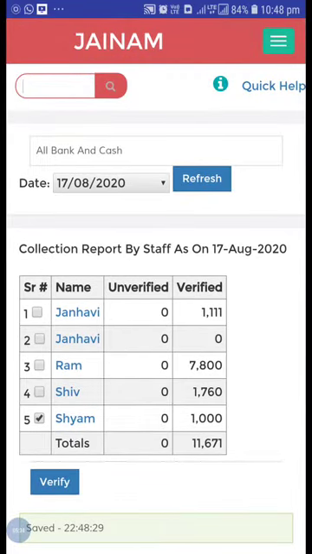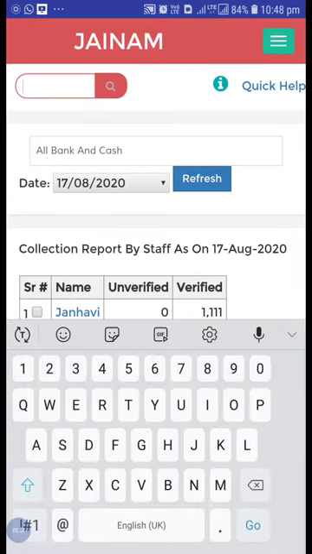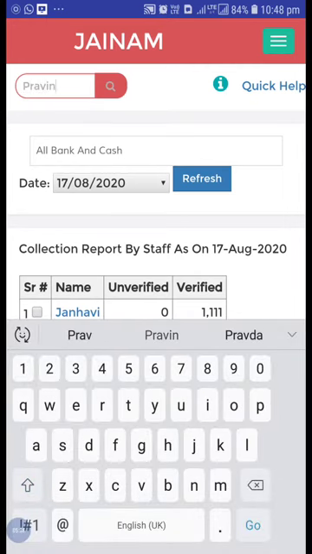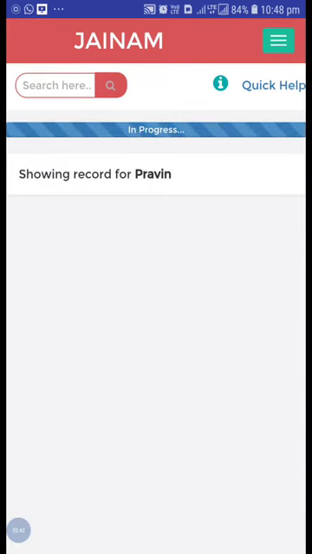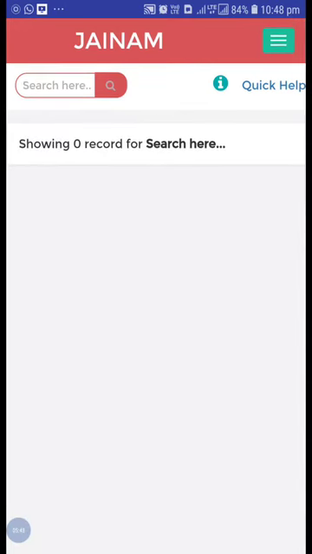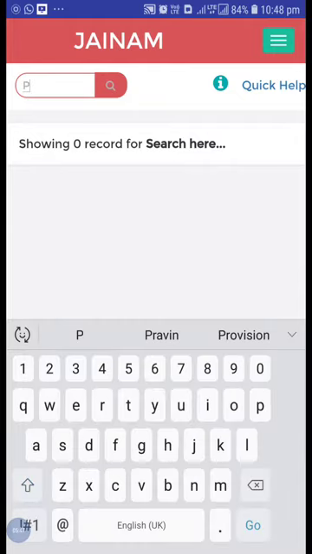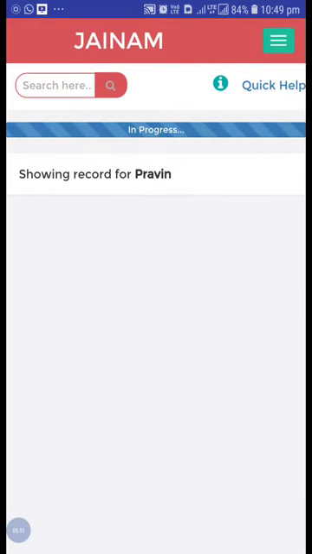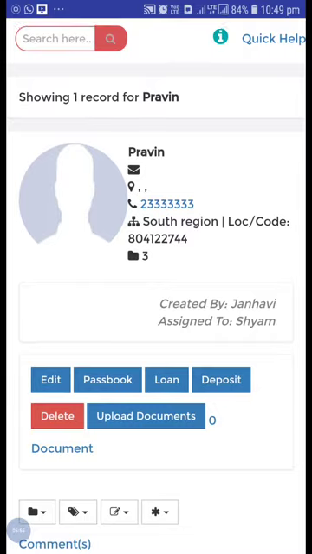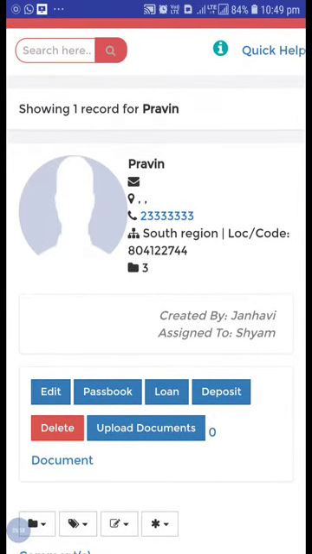So let's take this customer. Just search customer Praveen, which is assigned to Sham. Let's create a loan against him.